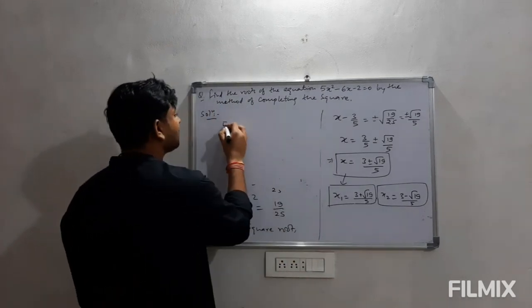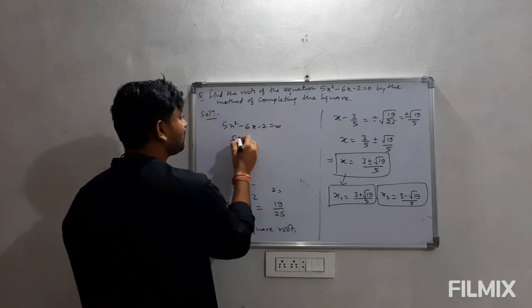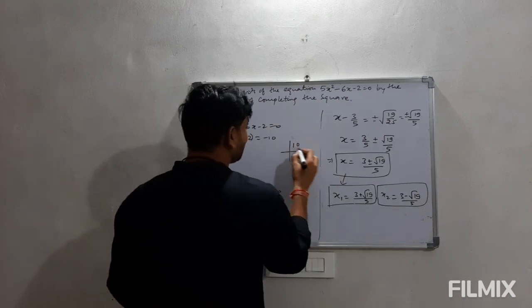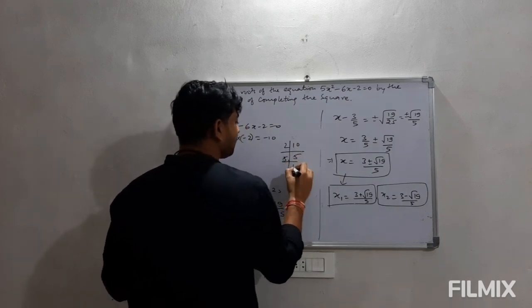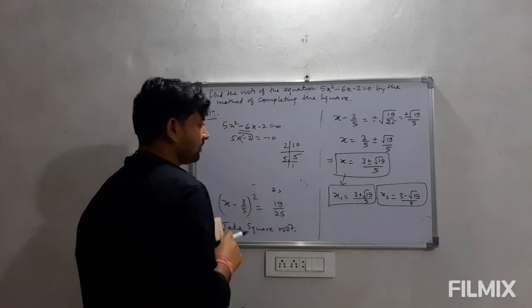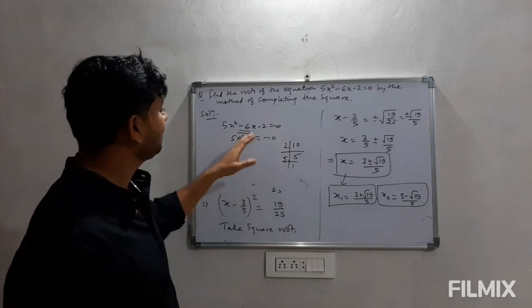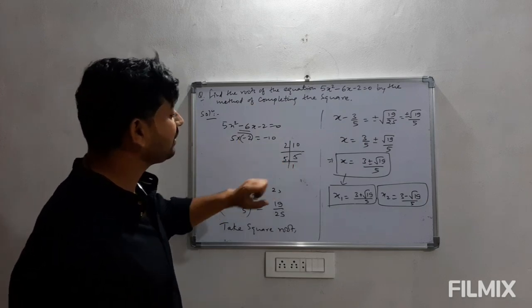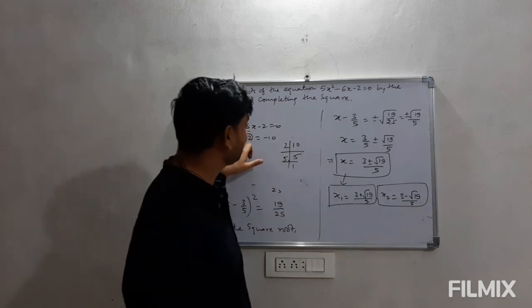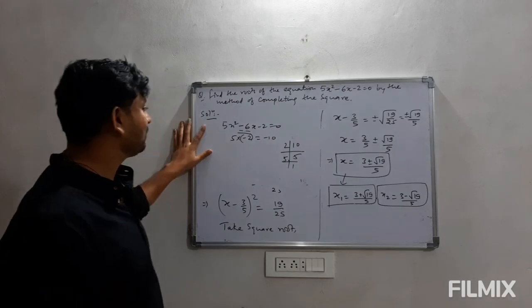If we look at this equation, 5x square minus 6x minus 2 is equals to 0, a into c is 5 into minus 2, that is minus 10. Now if we look at the factors of 10, we get 2, 5. Now it's very tough or almost impossible to represent 2, 5 or even if we use 1 here, it is next to impossible that we can represent this middle term in form of these two factors. So here we cannot use factorization method.